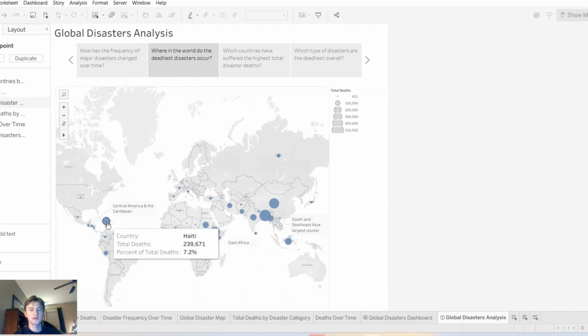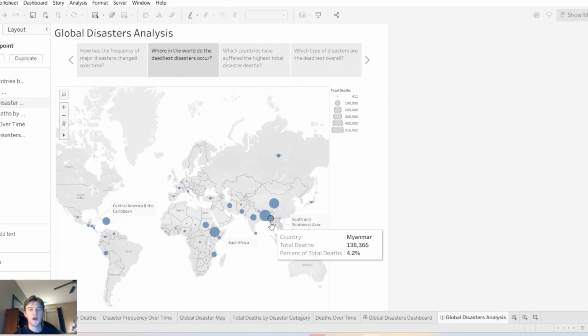And also this other cluster in Central America and the Caribbean. You've got Haiti, several countries down here in Central America, and then also Colombia and Venezuela. But yeah, those are the main clusters that I noticed. And I guess my takeaway from this is that a lot of them fall right down here at the equator, or at least close to the equator,